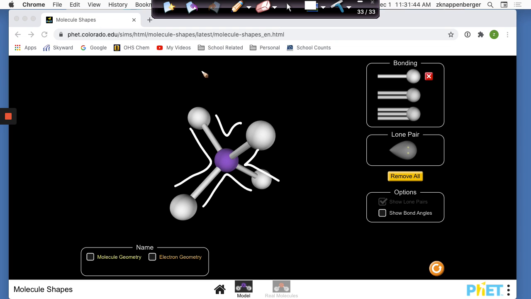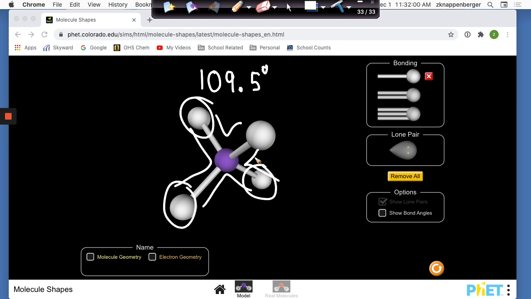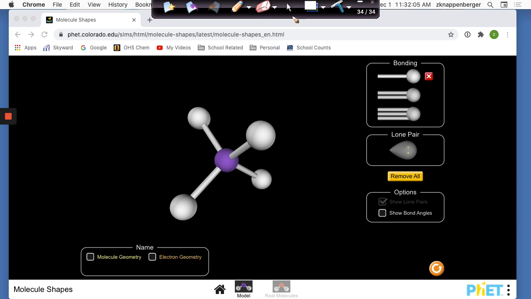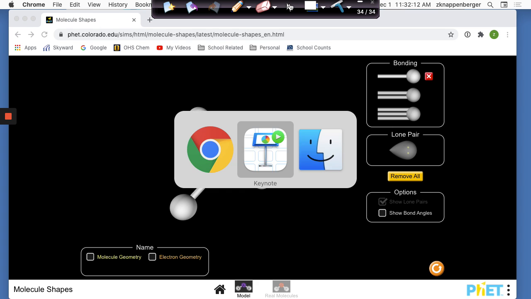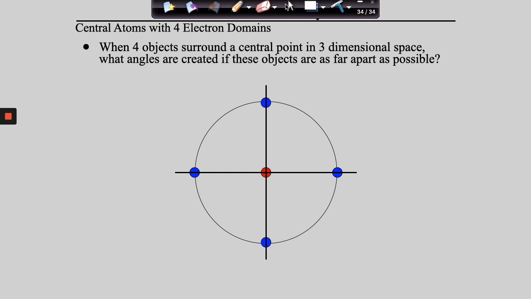And interestingly, guys, the answer to this is 109.5 degree angles. So not only do we need to know the angles, we also need to know the name of this molecule. You'll notice that we've got 1, 2, 3, 4 points surrounding that central point. Many of you probably know that the geometric term for 4 can be quad or tetra. And we use the tetra term, and what we have now created is a structure with 109.5 degree angles,